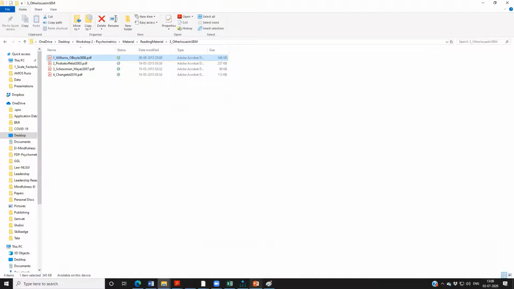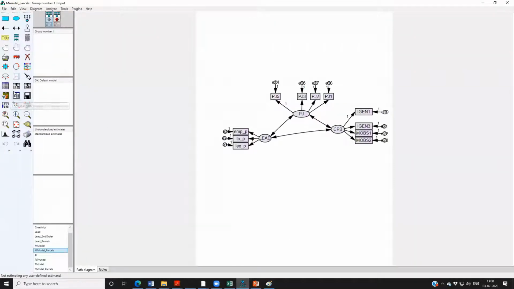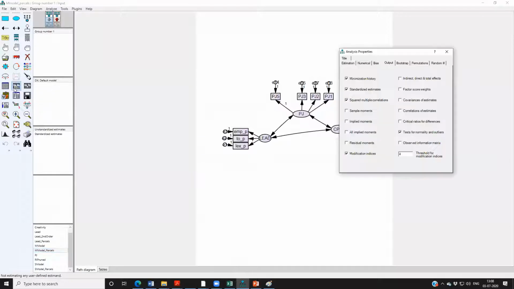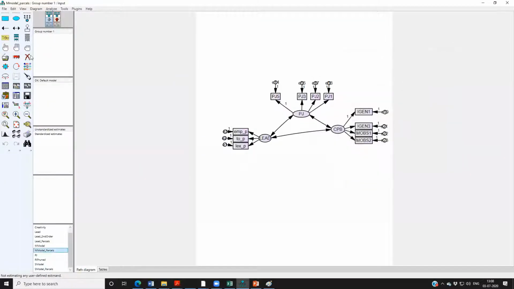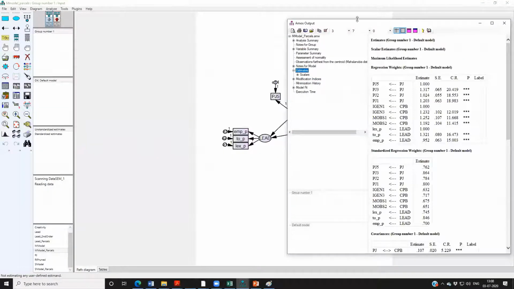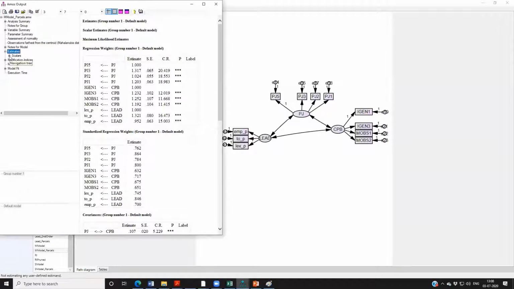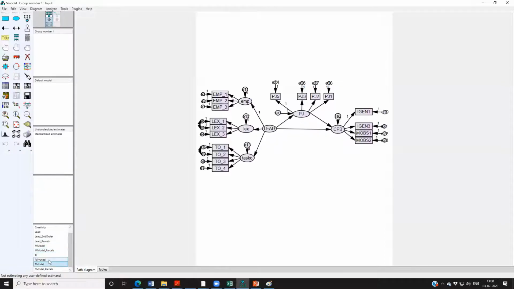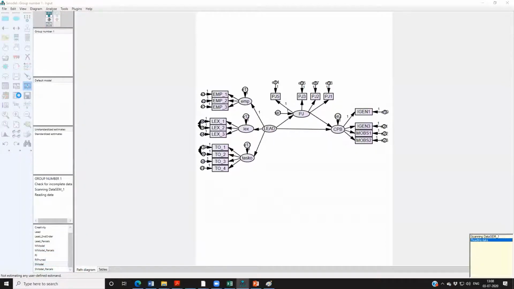The next and I think the last thing that we'll do is just something some of you asked. Though it is not a mediation class, if you are interested in reporting mediation results, look for estimates, and in estimates you will see that there are, okay, I will go to that original model. This was our model, and when you run this,